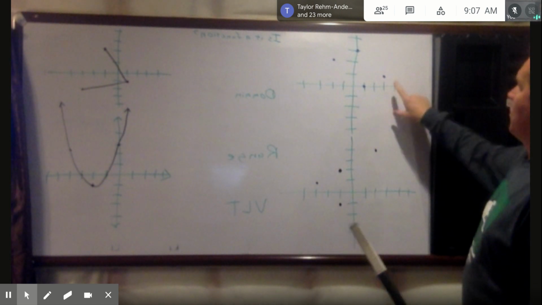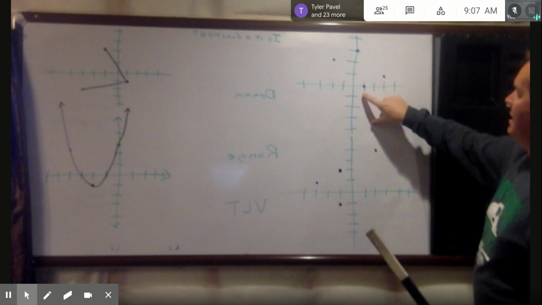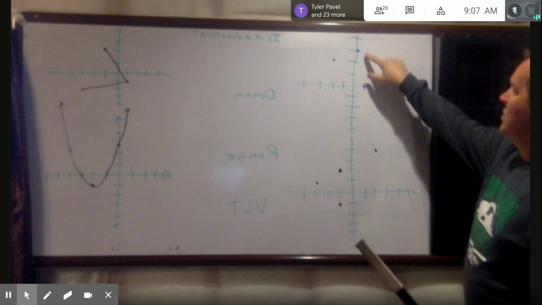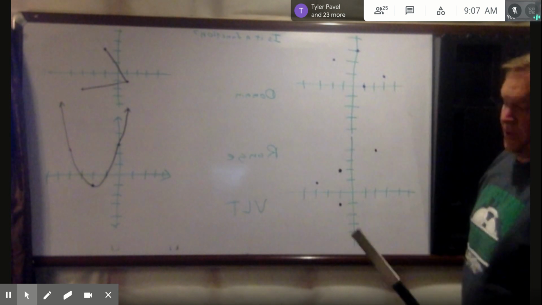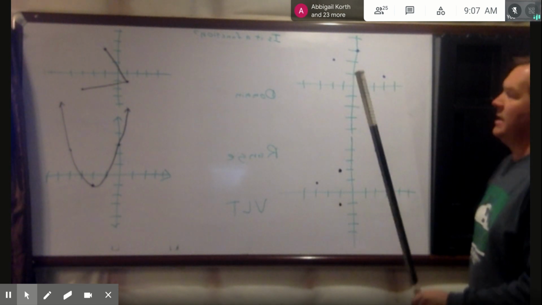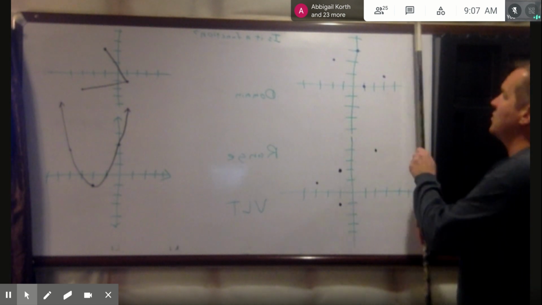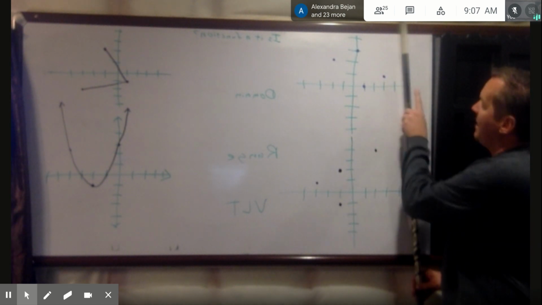All right. So as I do this, we're going to work on this problem first. I have 4 data points here at (-3, 1), (-1, 0), (0, 3), and (2, 2). So as I do this, I'm going to take a vertical line. I'm going to draw it across here. Right now I'm hitting